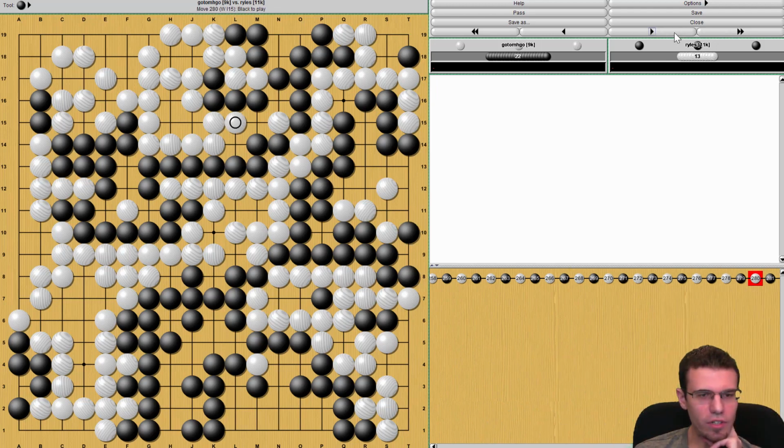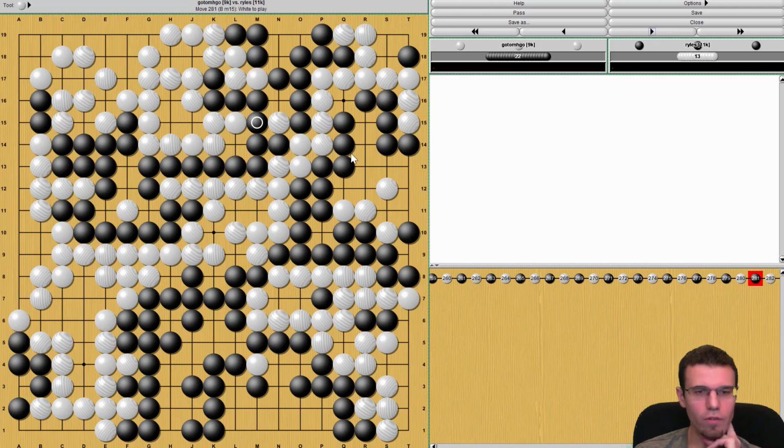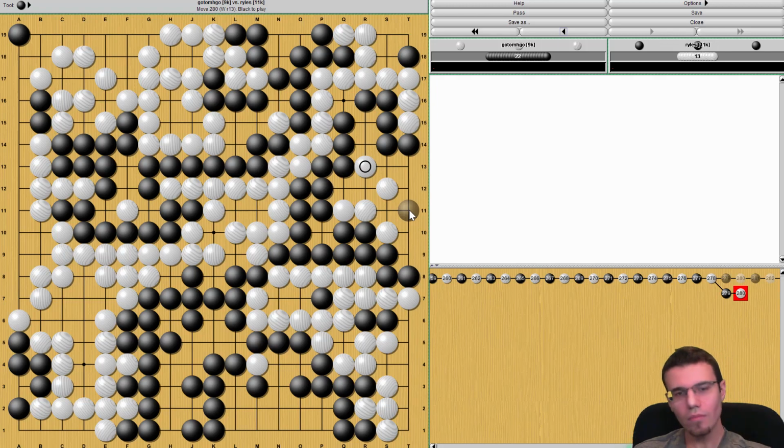Black definitely has 2. You don't need this at all, right? You have 2 eyes, period. So white can make an eye, kind of. Let's see. Best way to make eyes for white. Well, it feels like you need this one, but you'd also need this one. And if white takes that one,